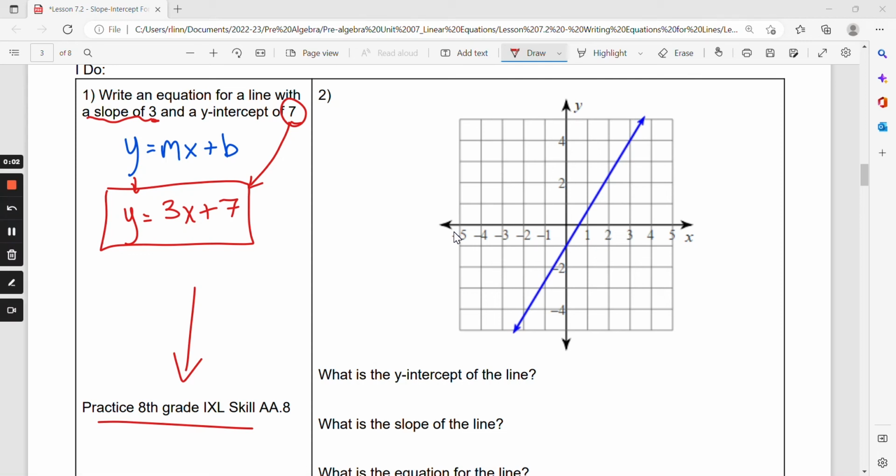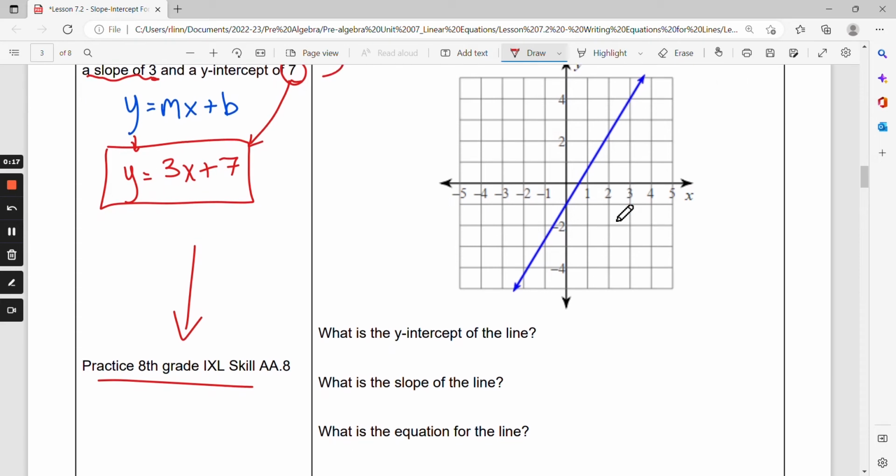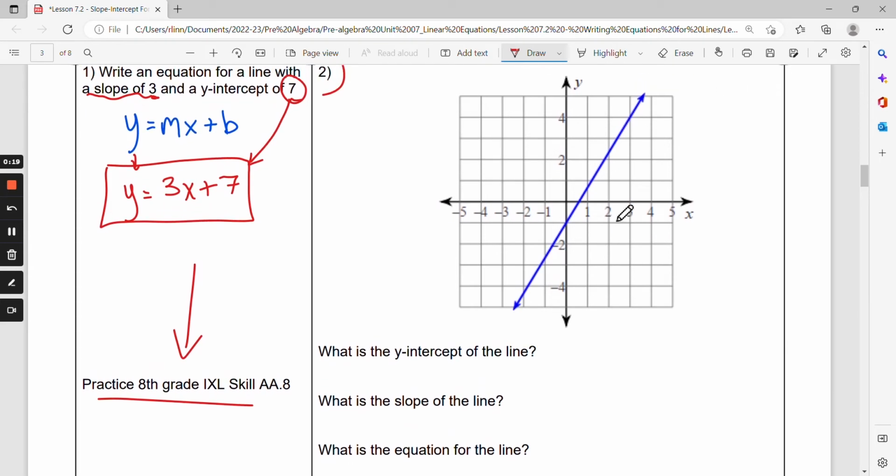Now that we're comfortable writing equations in slope-intercept form when we're given the slope and y-intercept, let's go ahead and now move to a graph. So this graph here is a linear equation. We can see that because it's a straight line, which means that we're going to be able to use our slope-intercept form. So we've got a couple steps here before we get to that, so let's go ahead and go